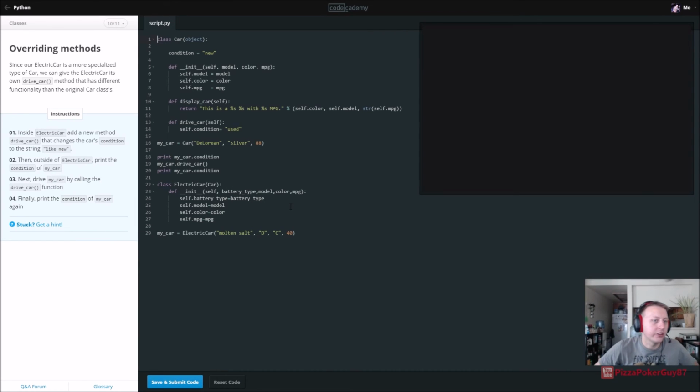Inside ElectricCar, add a new method, drive_car. So we are going to define drive_car. We're going to override drive_car, and we'll do self.condition equals like new. Apparently they last better. Then outside ElectricCar, print the condition. So print